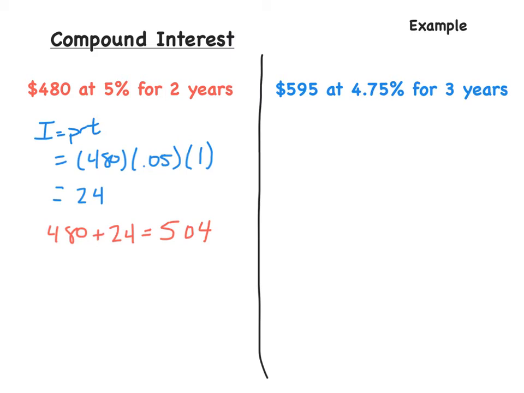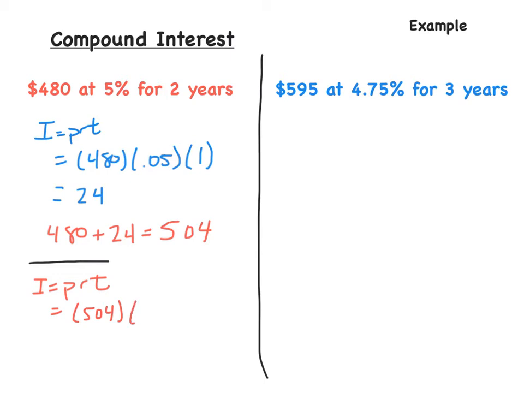Now, that's how much we're going to get after 1 year. So what we do now is we're basically going to do the exact same thing, but instead of using $480, we're going to use $504. So now we have our I equals PRT again, but instead of using the $480, because that's the first year, we're going into the second year now. So we're going to multiply it,